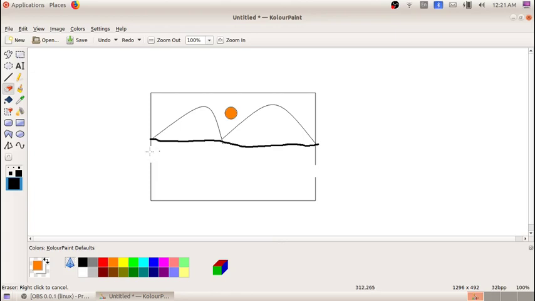Now if I make a right click on the mouse, it will use the foreground color. What is the foreground color here? Orange color. So I am going to make a right click on the mouse and erase, and it will show you the orange color.